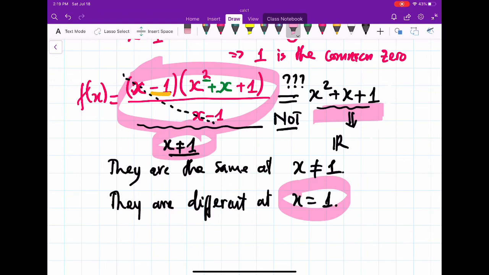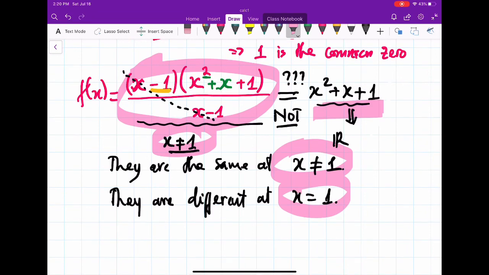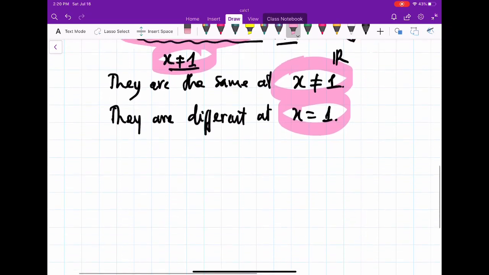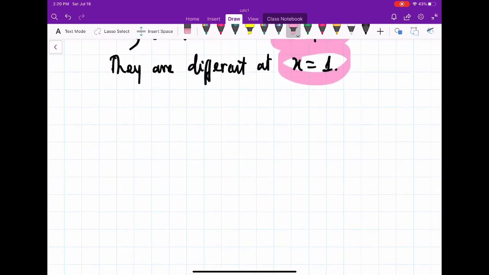But what is the relation between these two functions? Yes, they are the same at any point x which is different to 1. That's it. All right? So there's something strange in here. Makes sense? But that's okay. Let's draw these two functions out and we'll see what is the difference between them. Right now, I don't say anything about the limit. I just want to talk about the graph of these two functions. Okay? So if we draw it out,